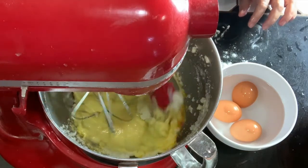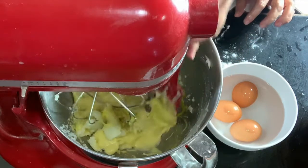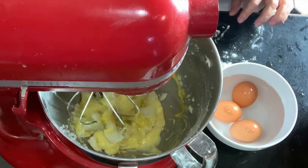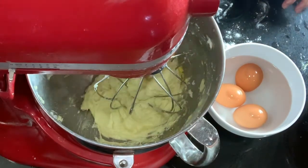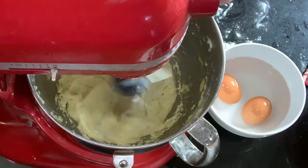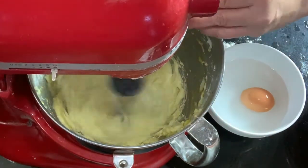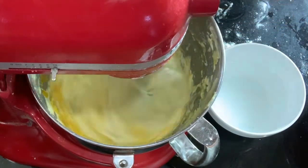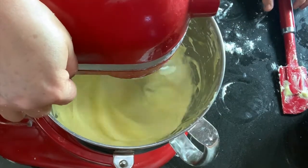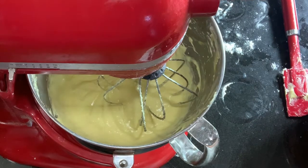And you're still going to want to stop every once in a while and make sure that that comes up off of the bottom. Now, I'm not ready to put that second egg in there yet because this isn't mixed in all the way. Going to do is put in 1.5 teaspoons of vanilla,